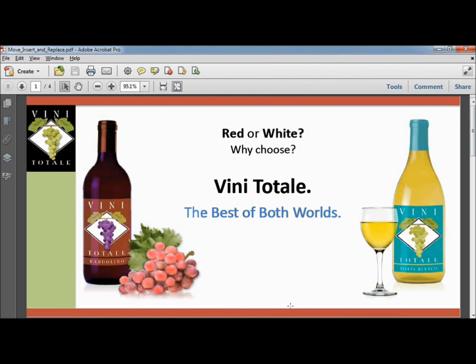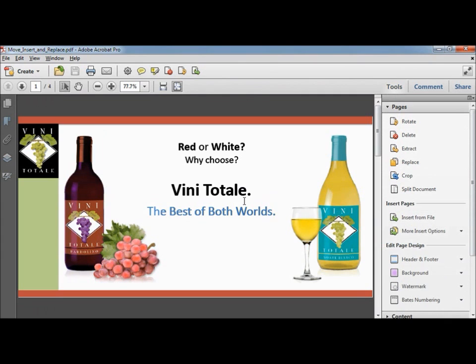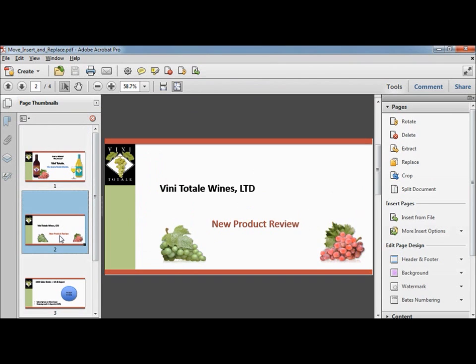All the commands we'll be working with in this lesson can be found in two locations: under Tools in the Pages panel, and in the Page Thumbnail navigation pane. Earlier we learned that the thumbnails can be used to navigate through your document, but the interface can do much more. Besides a quick way to move to a specific location, you can also use it to rearrange the pages